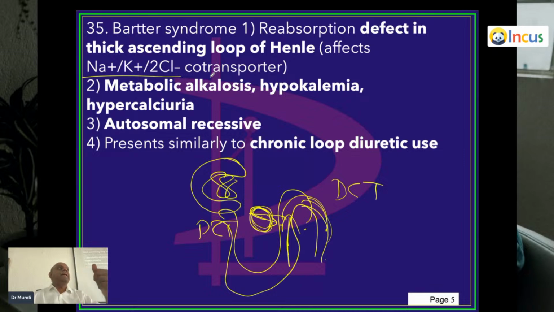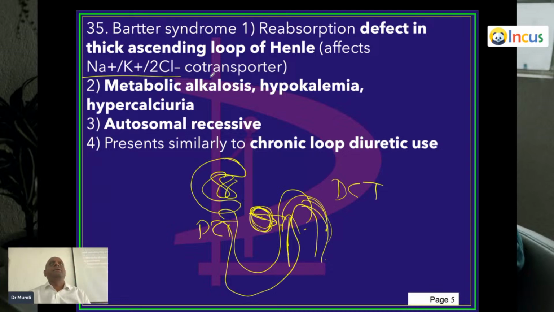So here there is a reabsorption defect, which is called Bartter. Can you tell me one common drug we give in pulmonary edema which also blocks it? Furosemide, like loop diuretics are there, no? Torsemide, furosemide, bumetanide. All these loop diuretics go and inhibit the sodium potassium 2 chloride co-transporter in the thick ascending limb of loop of Henle. So it is like lifelong getting free Lasix from birth because of the congenital defect in the thick ascending limb of loop of Henle.